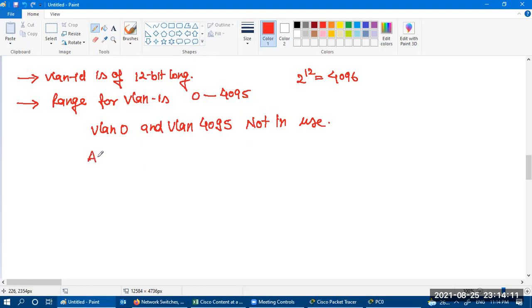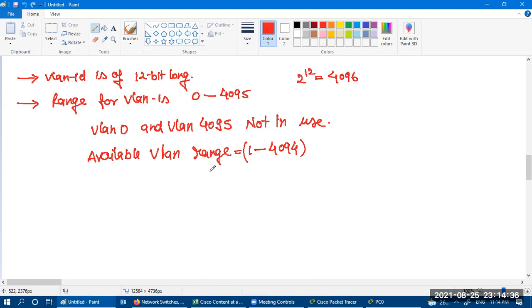So the available VLAN range is from 1 to 4094. That is the available range.